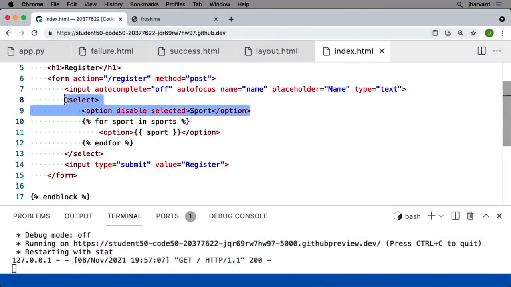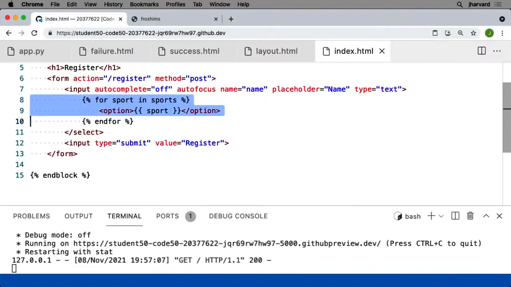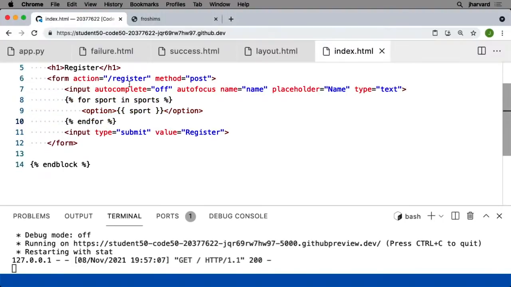All right, so now let's go ahead and change this maybe to, how about little check boxes or radio buttons. So let me go ahead and do this. Instead of a select menu, I'm going to do something like this. For each of these sports, let me output not an option, but an input tag, the name for which is "sport", the type of which is checkbox, the value